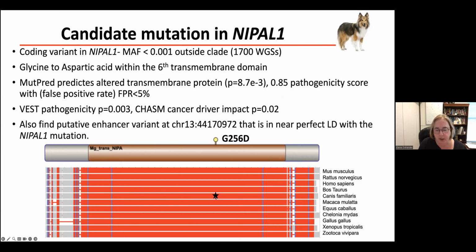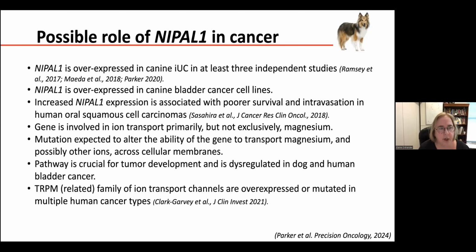So the mutation is starred here in Canis familiaris, but you can see from the red coloring that this is a very, very highly conserved region, going all the way from mice down to frogs, for instance, and certainly everything in between. So we know we're probably on the right gene and pretty close to the right region.